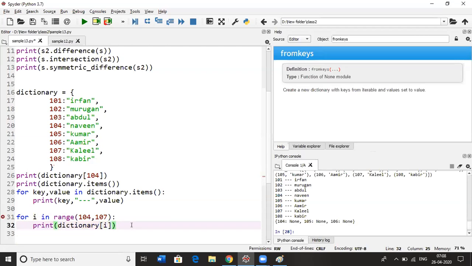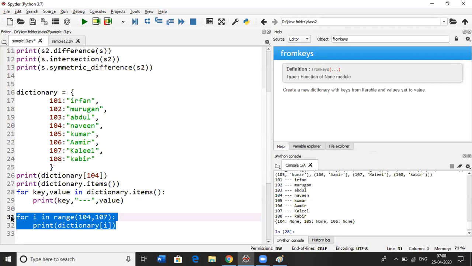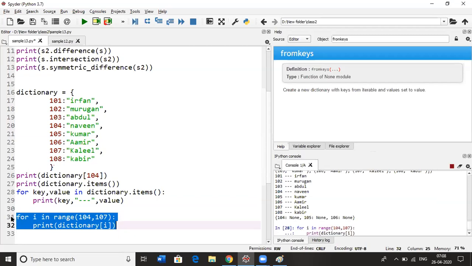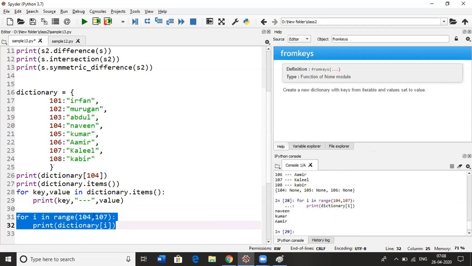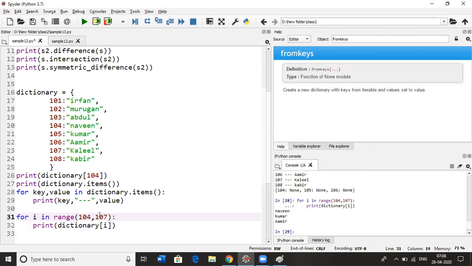By using the range function, we will print the data from the respective range, but it is not giving the key and value as a key-value pair. I need the data as a key-value pair, like 101 Raju. I need it in that form. Here i is the key.